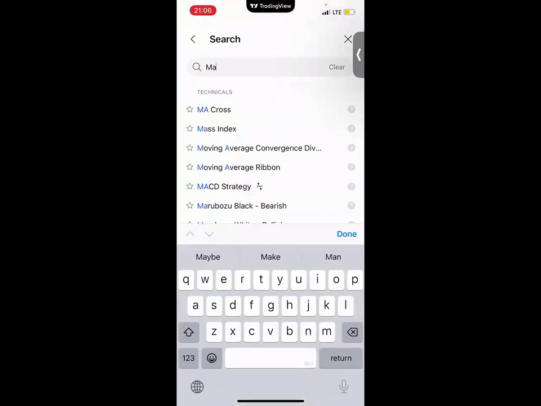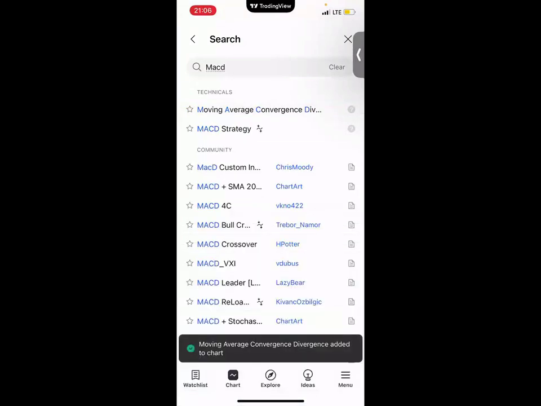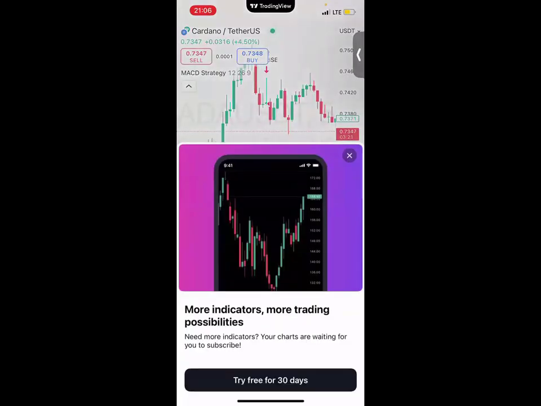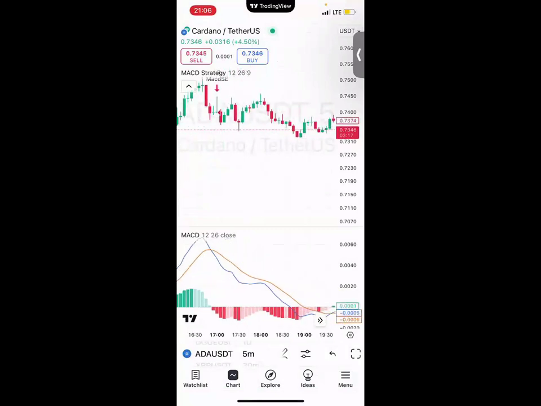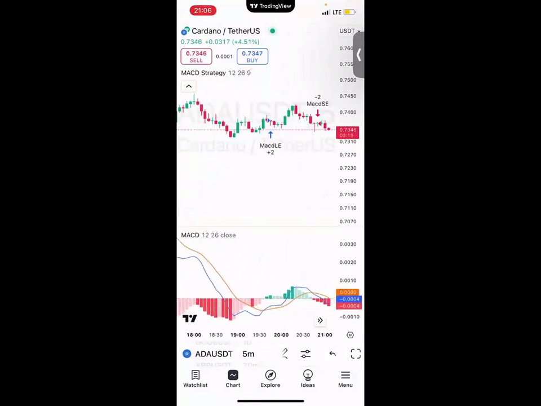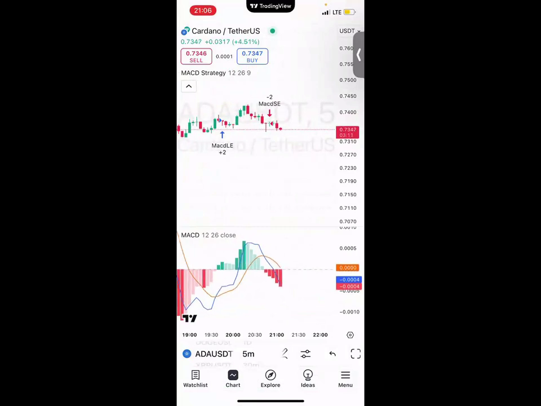So up to now, is there any question? So we have our MACD here, and we can see actually from ADA, the blue line here is crossing downward,